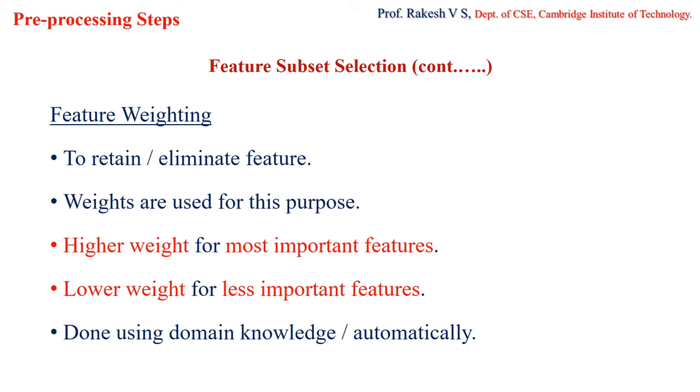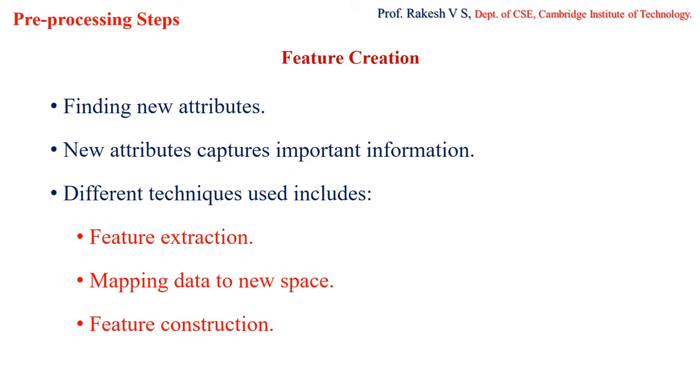Okay, so next we'll see the next processing step, that is feature creation. So what is actually feature creation? In case of feature creation, a new set of attributes are created. Now at this junction, let us first get to know the difference between feature selection, feature subset selection and